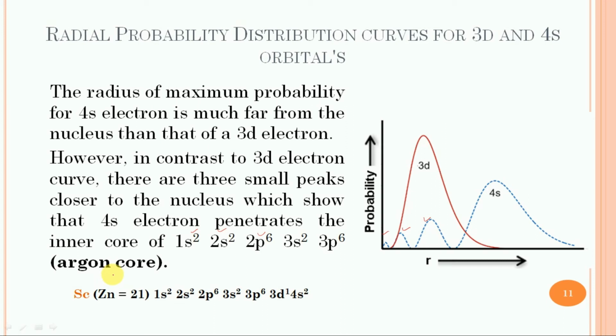So in the case of scandium with atomic number 21, the 3d orbital penetrates the electron density in the 4s orbital, so that the effective nuclear charge for the 3d orbital increases, and as a result it drops to lower energy than the 4p orbital.